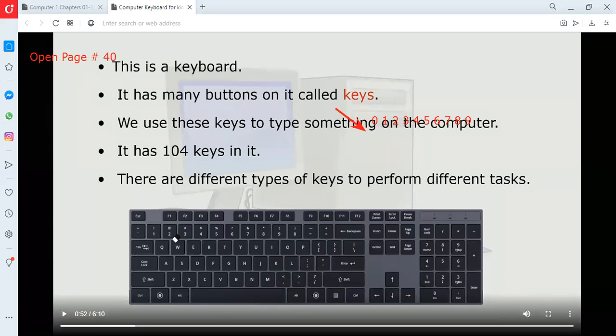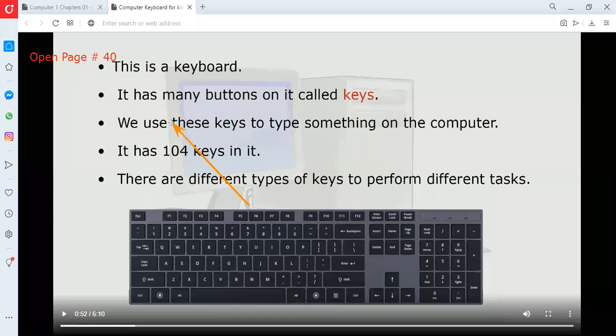So I am just telling you this thing for your information. We see two things. What are those two things? Keyboard is used to type. It has numbers and it has letters.